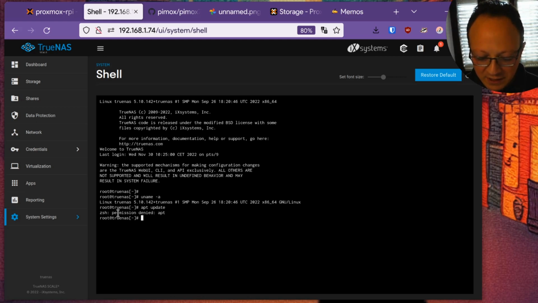As you can see, permission denied even if I'm root inside this operating system. So both operating systems have similar packages, but are used differently.